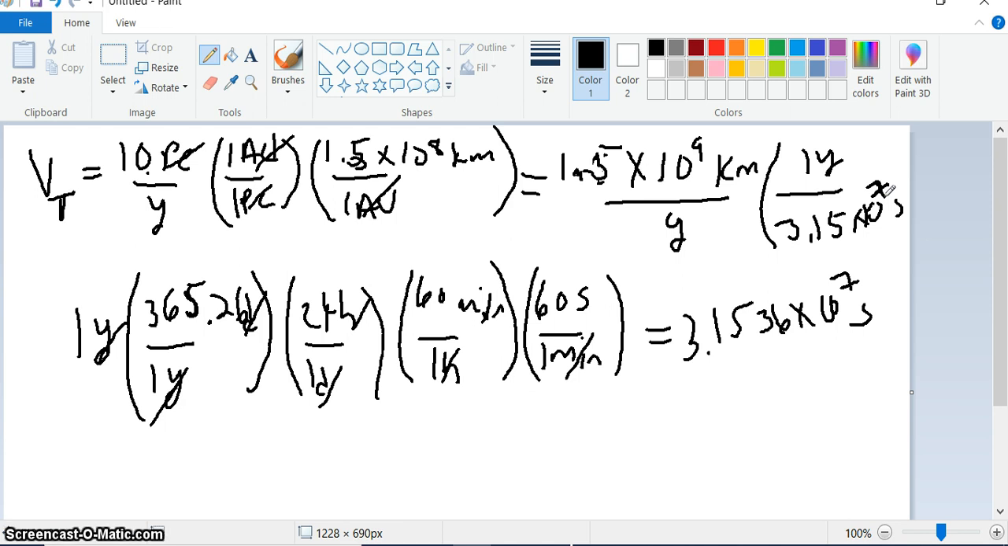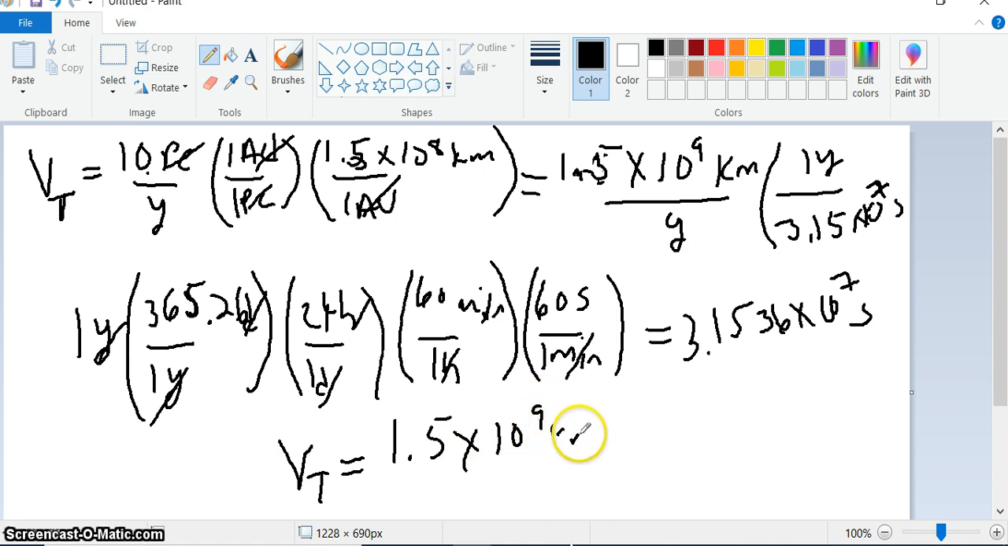Here's what it doesn't look very nice. V transverse, or you can call it tangential as well, is going to be 1.5. That looks a little better. Times 10 to the 9th